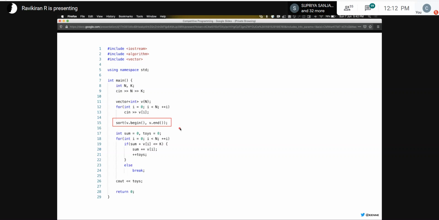In very rare cases, you'll also have to augment this sort. You'll have to do a different sort of comparison. For example, if your vector is not of integers, and you have something like a structure with multiple integers, then you can also specify a comparing function which tells you whether a given item is less than or equal to another item. That way C++ also allows you to customize its data structures and algorithms.